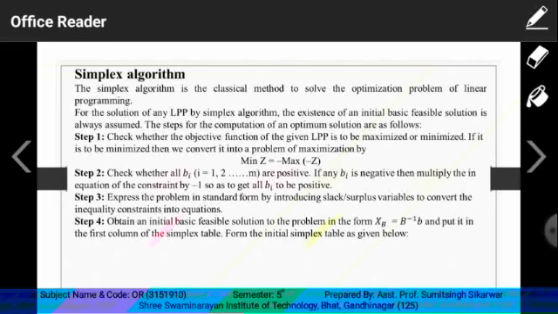Now let us see the steps for computation of an optimal solution, which are as follows. In step 1, we will check whether the objective function of a given LPP is